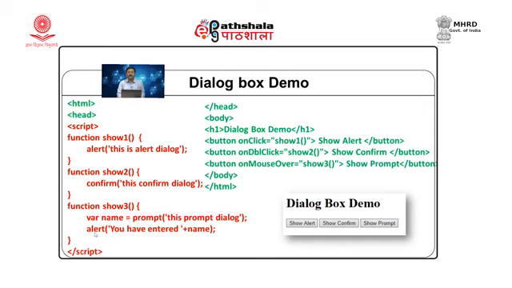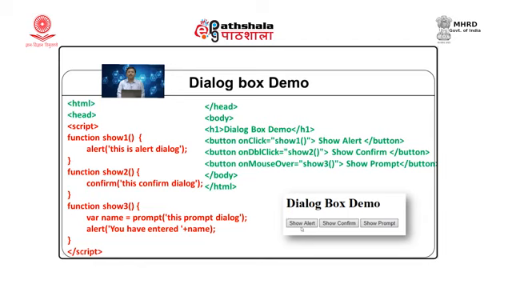In alert, I again display that value with the message you have entered, and then your input. Here the plus operator is used to concatenate two strings. The first is the message, and the other is the variable which stores the value entered by the user. So, this is how our JavaScript works.